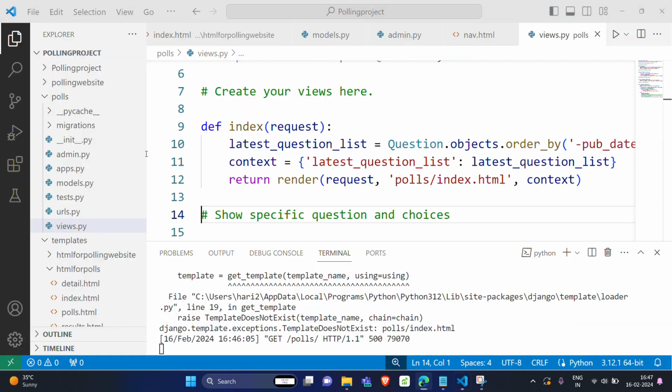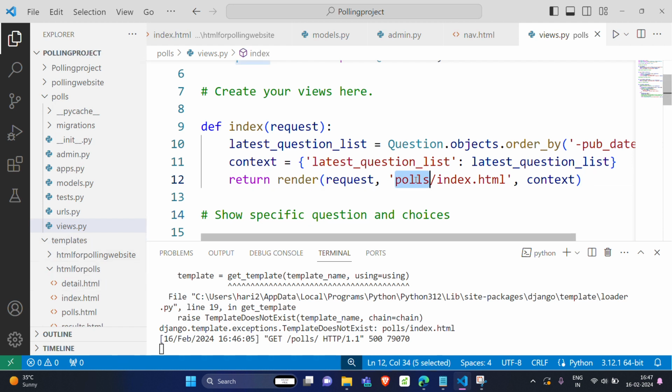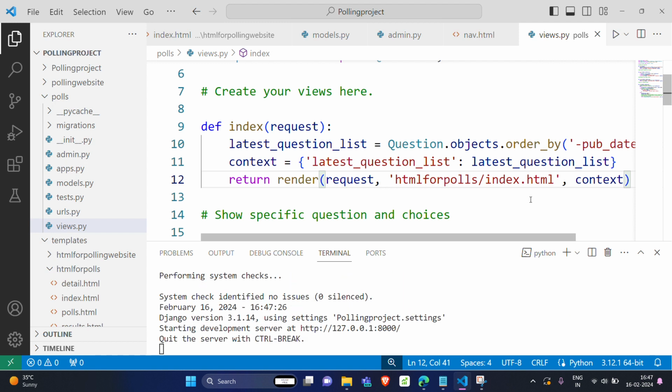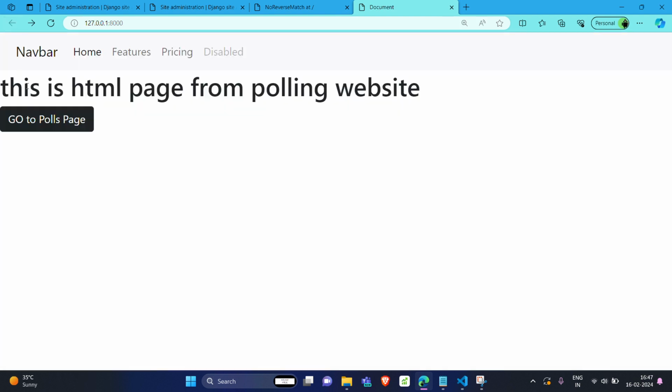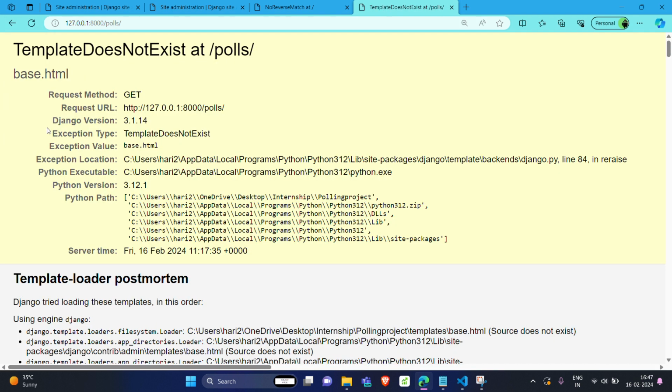So what is the actual file? The actual file is here. So I will change the name of it and I will say HTML for polls, forward slash index.html. Okay, now let us go back and I will run it again. I will say go to polls page. Again, it says